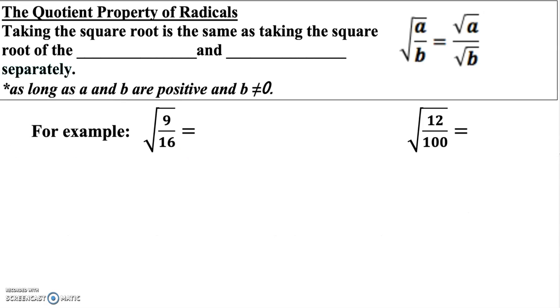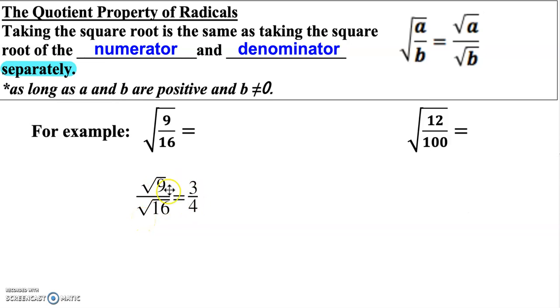Next, we're going to worry about dividing radicals. So notice here we have the square root of a fraction. What that means is we can actually take the square root of the numerator and the denominator separately. So we can actually break that apart. So here we have the square root of 9/16. That's the same as having the square root of 9 over the square root of 16, which then becomes 3